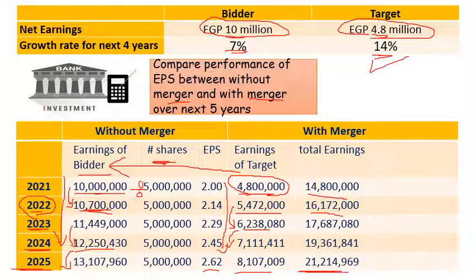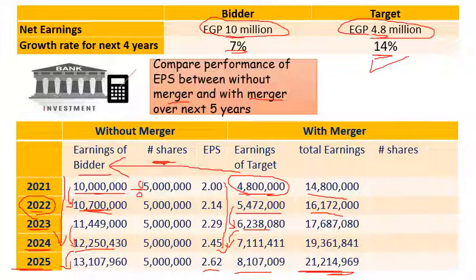We expect earnings of the new company, or the bidder after the merger transaction, to be 21.2 million Egyptian pounds,